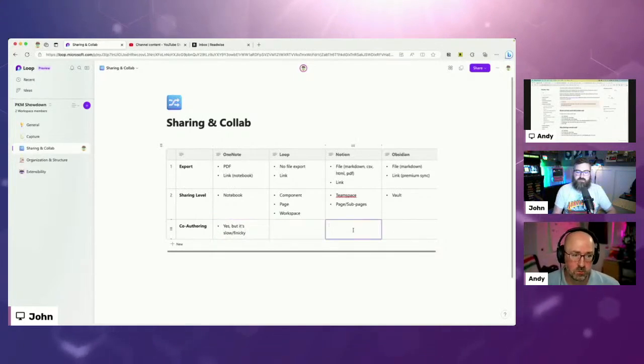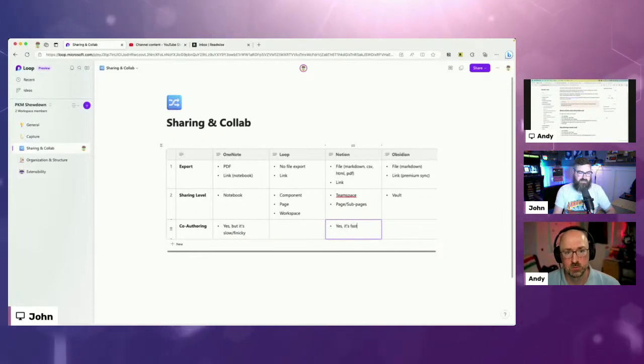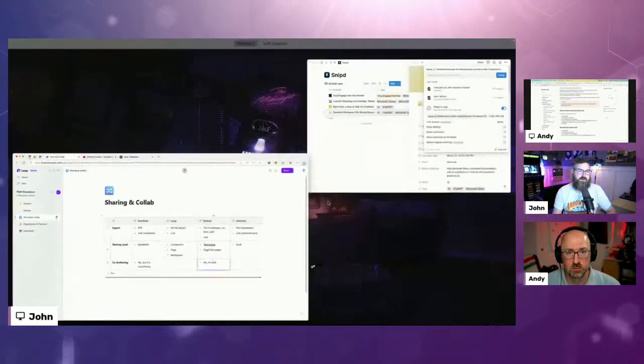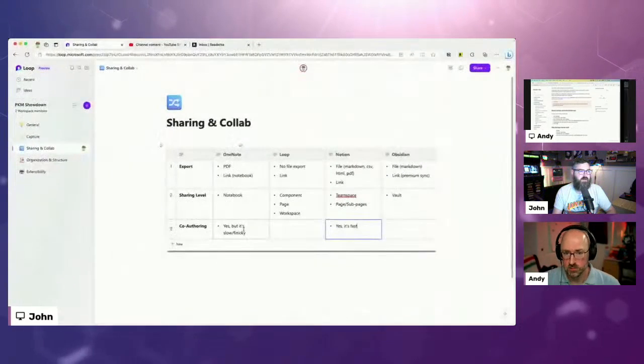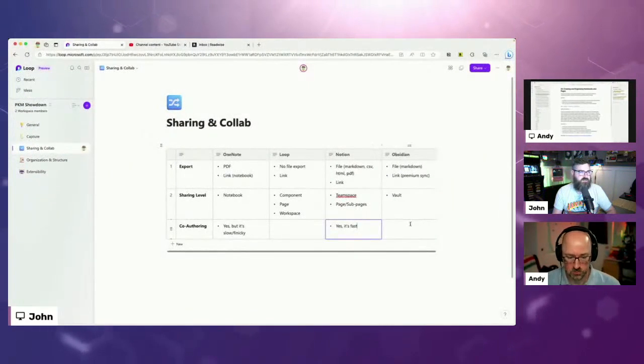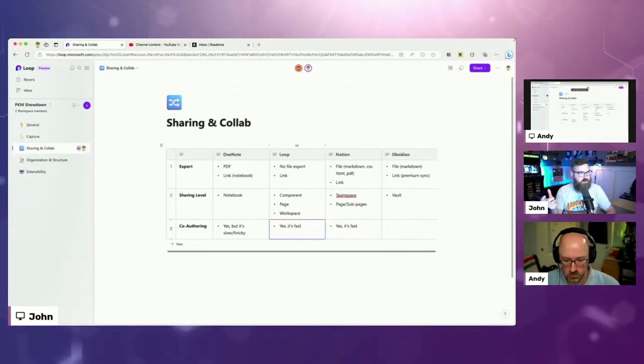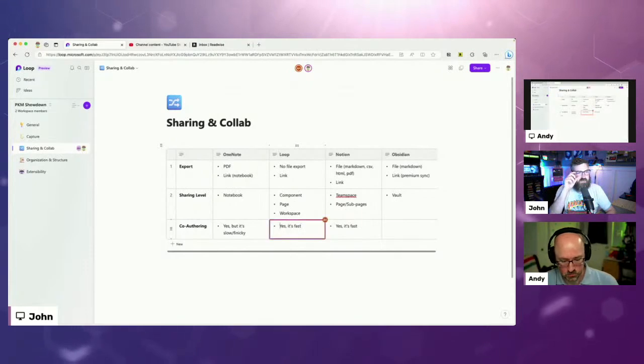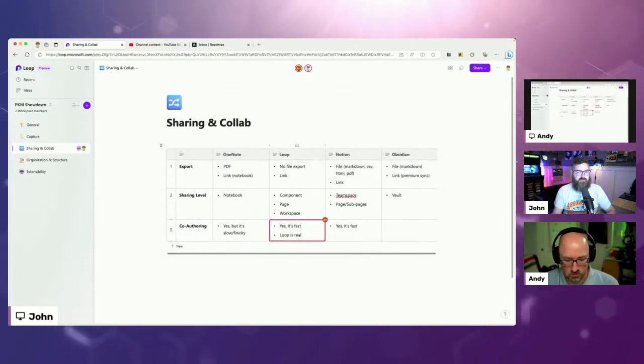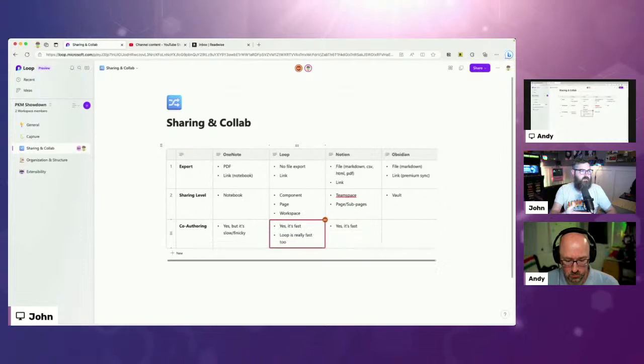One thing we've noticed with Notion is, yes, and it's fast. Whenever we build our show notes in Notion, it's so fast, it just works really well. Same with Loop. Whenever we were doing the demo with Daryl a couple months ago, I noticed that it was so live and so fast, like typing in real time. It's faster than Word and PowerPoint and Excel.